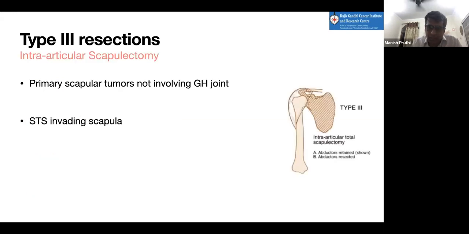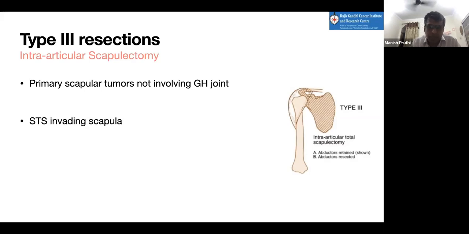Going to the type 3 resection. Type 3 resection is an intra-articular scapulectomy. It is like type 1, which is intra-articular proximal humerus. Type 3 is an intra-articular scapulectomy. This is done for scapular tumors involving the glenohumeral joint or for soft tissue sarcomas which are invading the